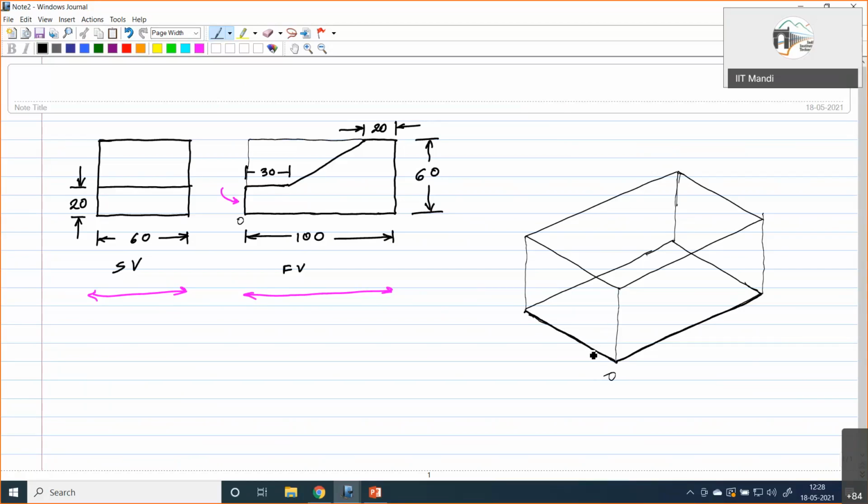Okay. Then I mark this height over here. It's up to here. Okay. Then this distance we can take up. So along this, parallel to this line, I'll draw from here.